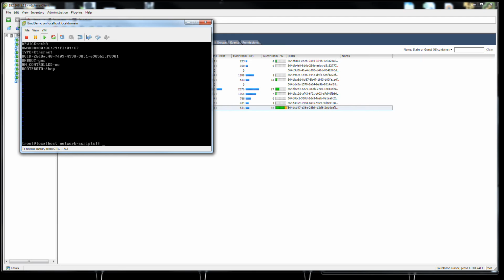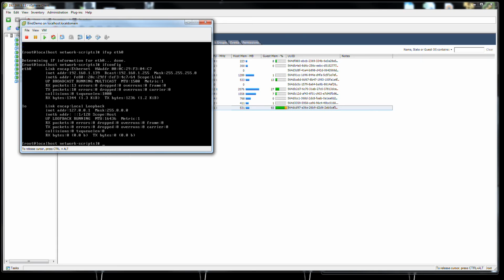So at this point, we've configured the device. Let's enable it. If you do ifup, or interface up, to turn something on, and it's going to be eth0. We're going to turn on the Ethernet interface. And now if you do an ifconfig, hey, there we go. So now we have an IP address of 192.168.1.139. And if I ping,